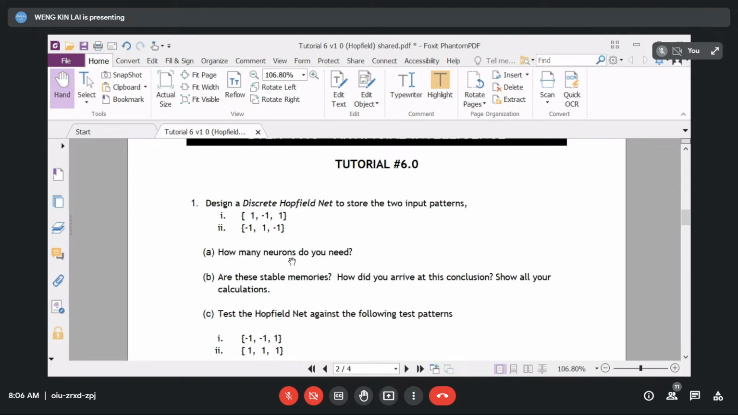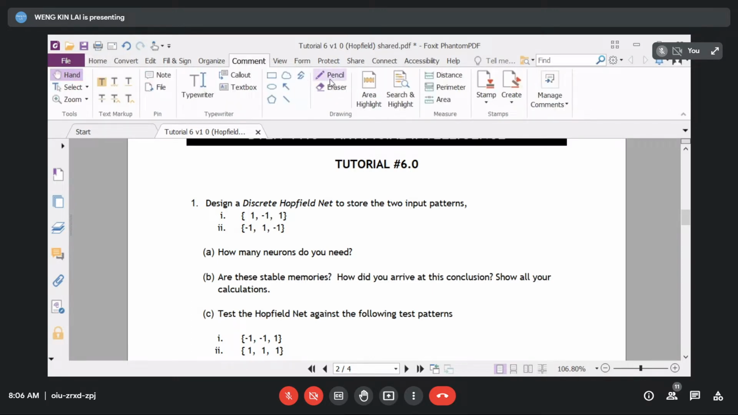All right. So you have to design such a discrete Hopfield net to store these two particular input patterns, which is, let's call this pattern A, and let's call this pattern B. Now, this one may not be so obvious, it is basically a pattern. But if I were to draw this out,